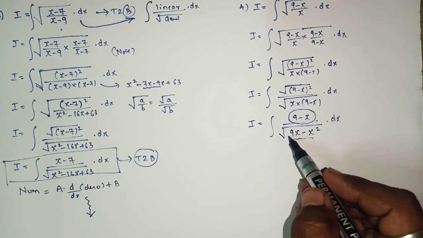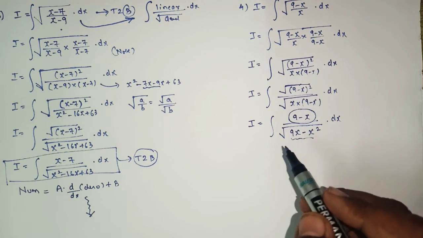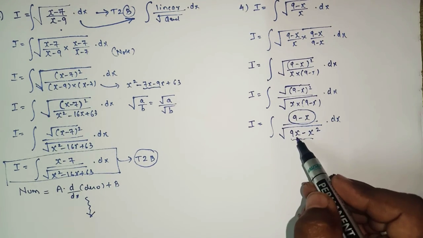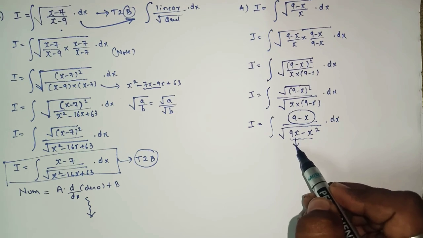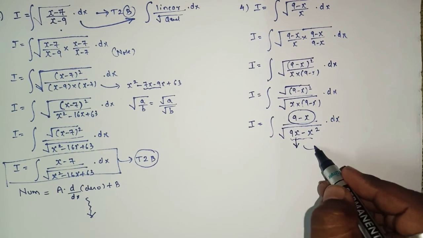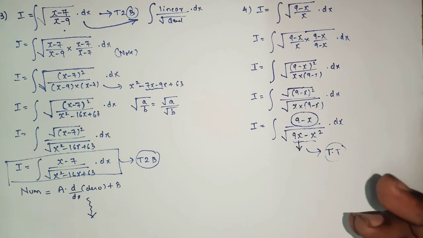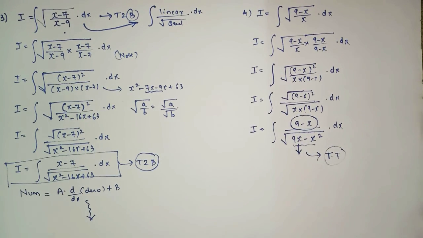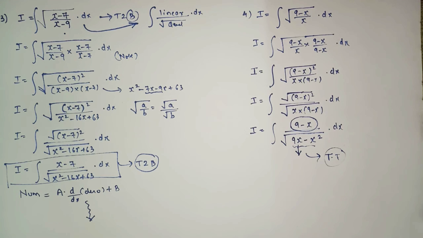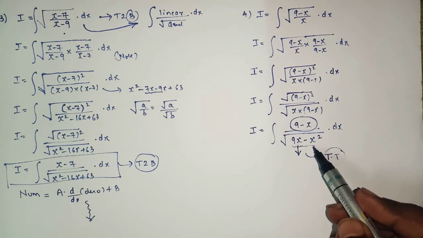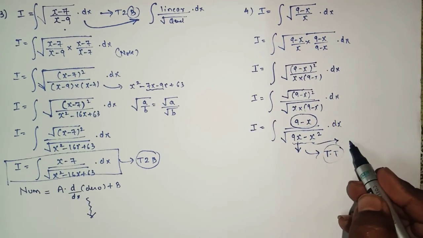But in the quadratic, the third term is absent. The third term means the constant number is absent. Let it be. But here we have the middle term present. The middle term is 9x. So we can solve this sum by using the completing-the-square method, because whenever the middle term is present, we have to stick with that method. And here clearly we can see that the sign of x square is negative.